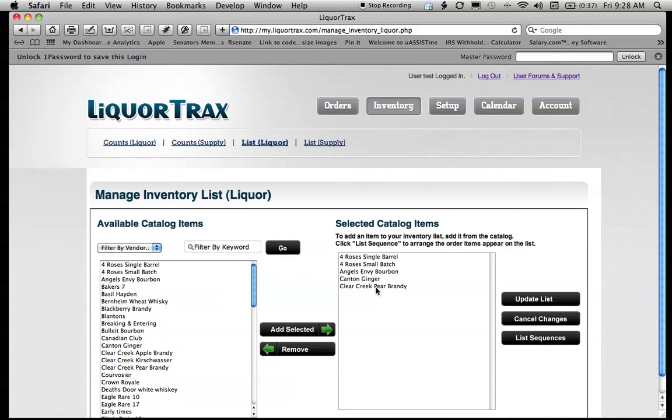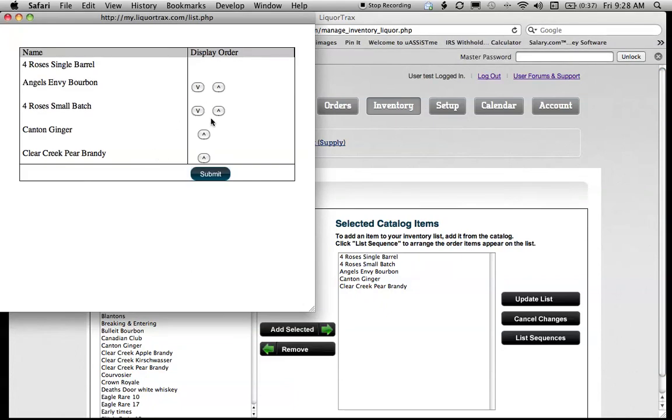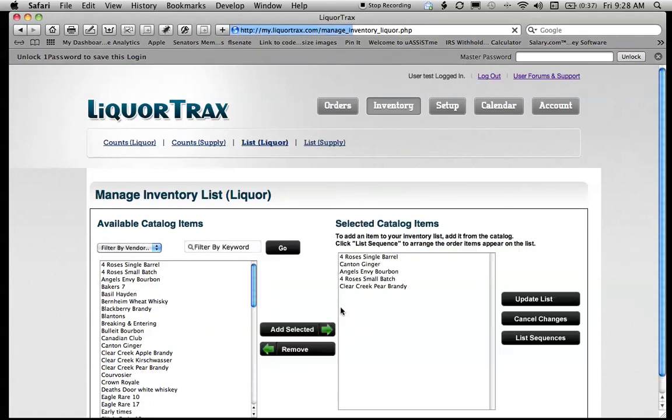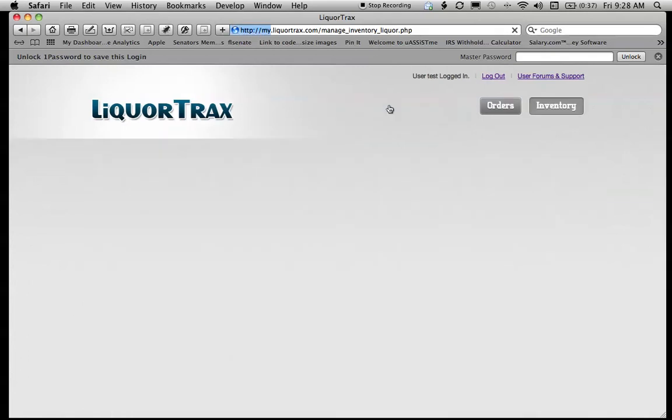Now if you find that you want to change this, there's two ways to go about that. You could go to list sequence and you can move them this way, submit, or what you could do is just come here like this and just add it like that. Or you could remove this. For example, you could remove that and then re-add it, however you want to do that. Always hit update list. Okay, now we're ready to do some inventory, and you just go into your inventory